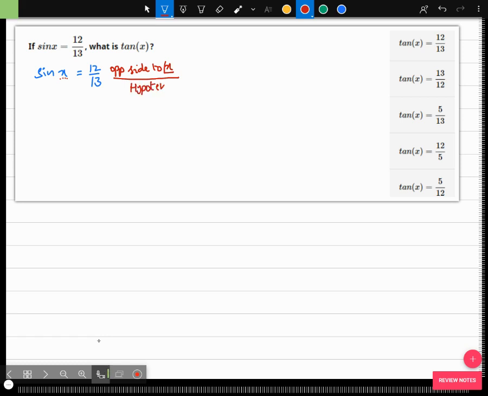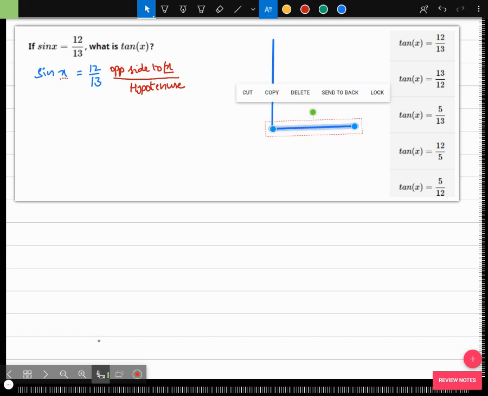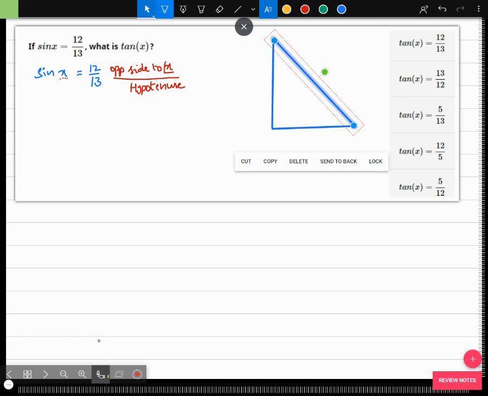Think of SOHCAHTOA so that you can remember this one. So let me draw a right angle triangle. A straight line, and one more is this. So let me assume that this angle is x degrees, or x. Okay, if it is x, then